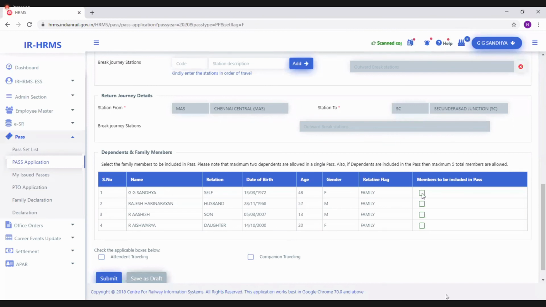It's not mandatory that all the members have to travel at one go. Suppose only self and spouse are traveling, then we only check these two check boxes and submit. In the pass also, while doing reservation, it automatically populates these two names and the tickets are generated.